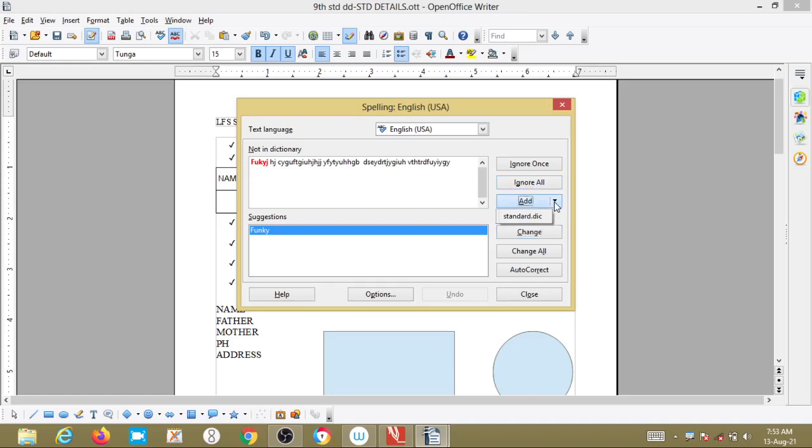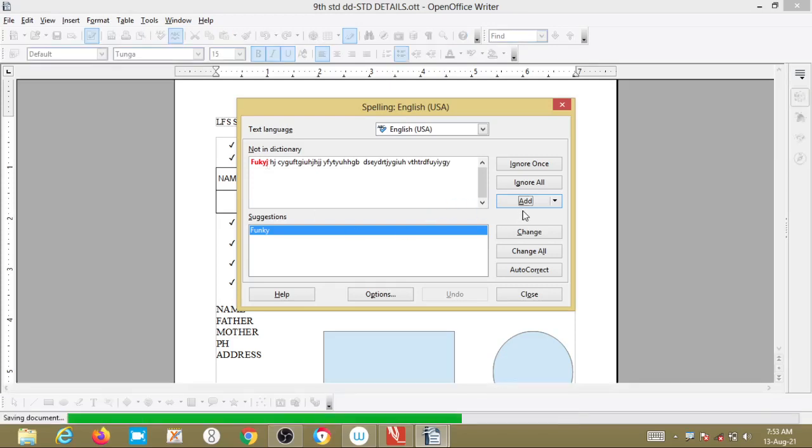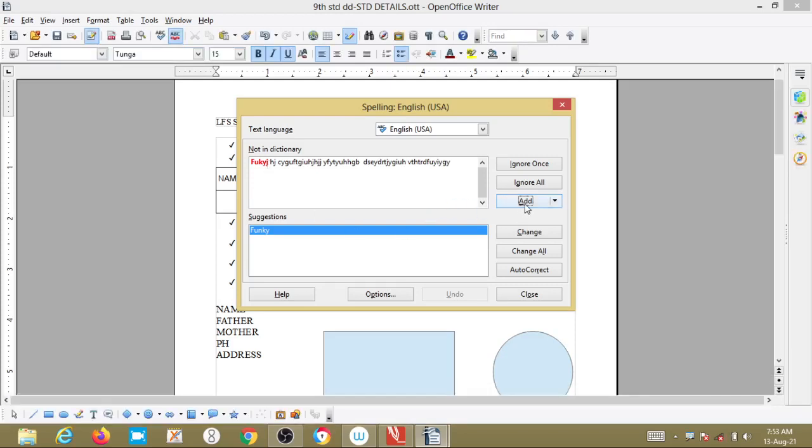There is also Add. This is the standard dictionary that is showing. Suppose you are using FUKYJ regularly, imagine, then that can be saved with Add. That is, we are adding it to the dictionary. Which dictionary is this? English USA dictionary, we can save it there, clear.